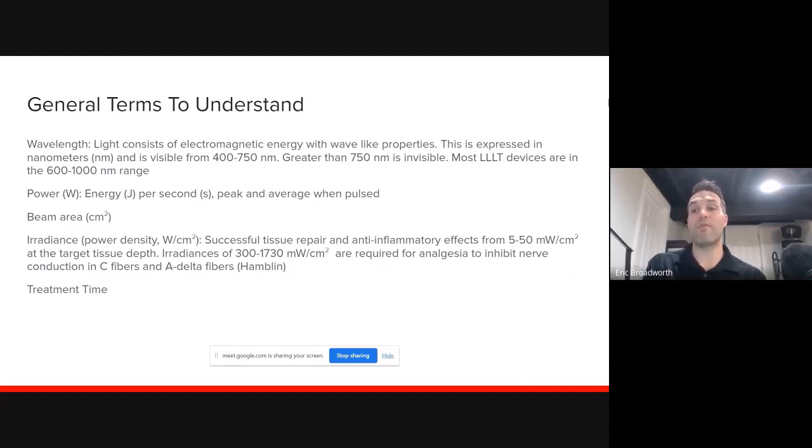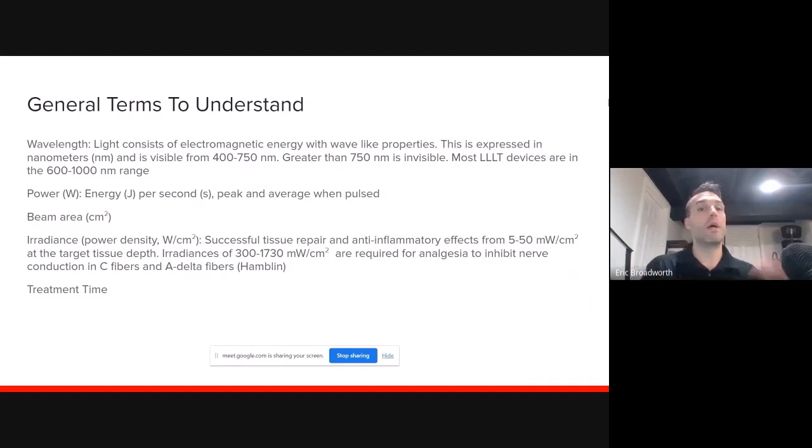that 5 to 50 milliwatts per centimeter squared at the target tissue depth, and irradiances of 300 to 1730 milliwatts per centimeter squared are required for analgesia to inhibit the nerve conduction in C fibers and A delta fibers, according to Hamblin. When it comes to treatment time, there is typically a treatment time anywhere with the research done from